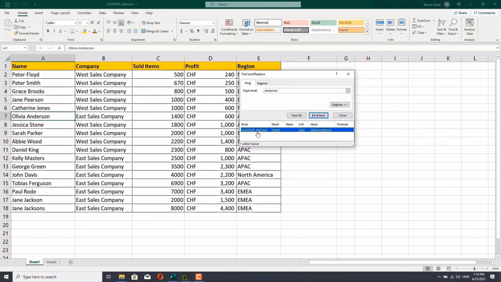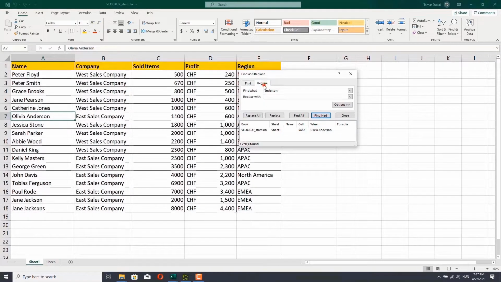It also shows me the workbook in which this value was found, the sheet on which the value was found, the cell, and the value itself. Okay, so this is slightly better, but still not really good if there are 100,000 rows on sheet 1 and 2,000 rows on sheet 2, for example. I will not search for values 2,000 times. We will of course use a function for this, but before we do that, I want to show you also